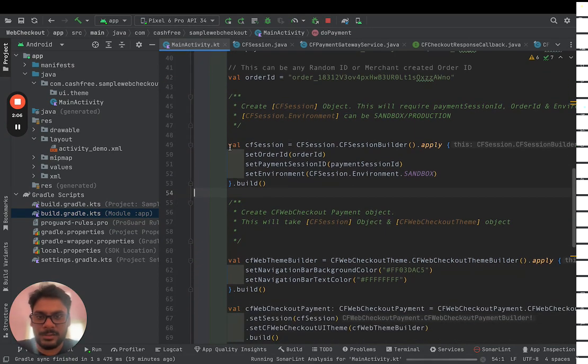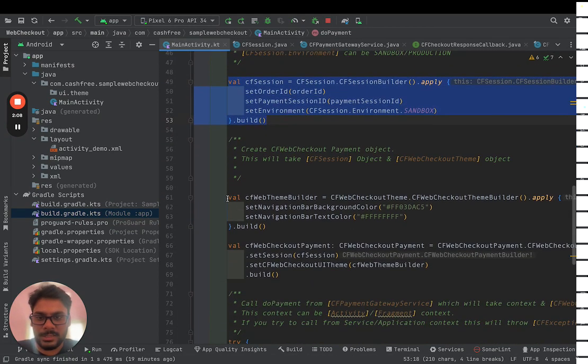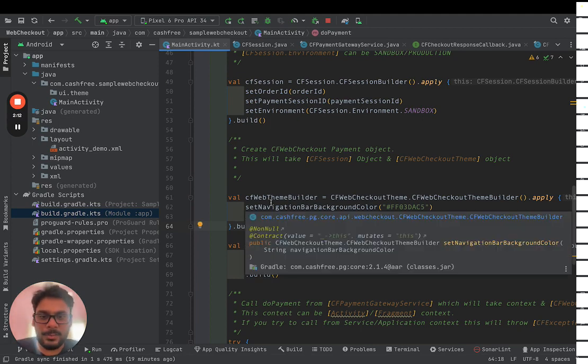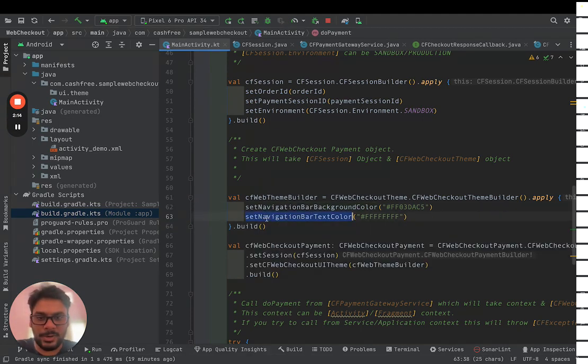After creating the CF session object, now create a CF theme builder object. The CF web checkout theme builder object accepts two parameters. One is the navigation bar background color, which will appear on the top of your status bar. The other is the navigation bar text color, which is the color of your title. Currently I have set it as white, so in the navigation bar you can see white color